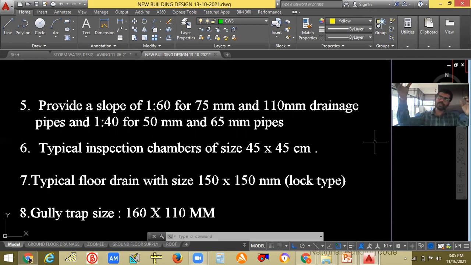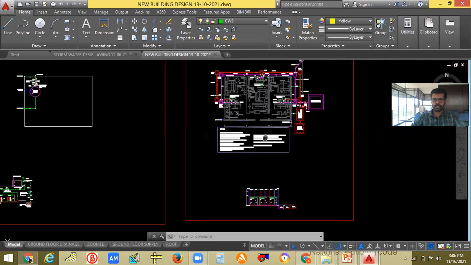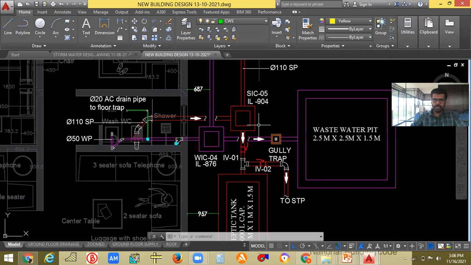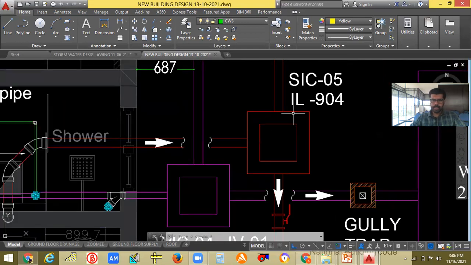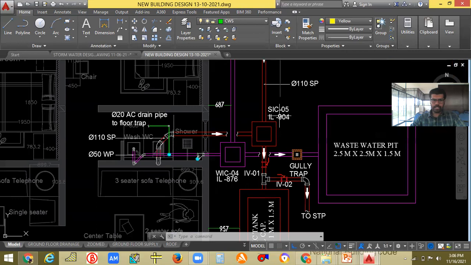So initially from a building, there should be a minimum of 350 or 450 mm for the first inspection chamber. From there, if you are using a 110 mm pipe, you have to link to the second inspection chamber. For example, this is one of the drawings that I have done. You can see here, this is the waste water that is coming from the water closet, and this is the inspection chamber.